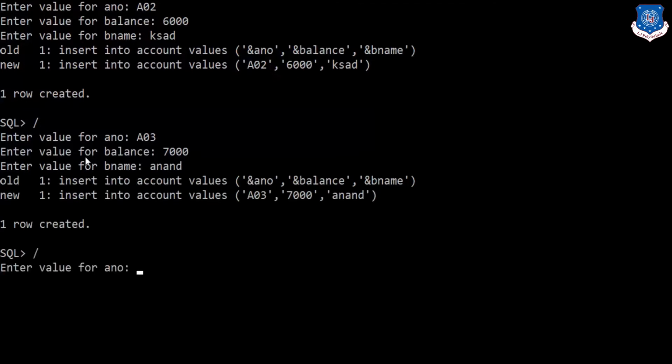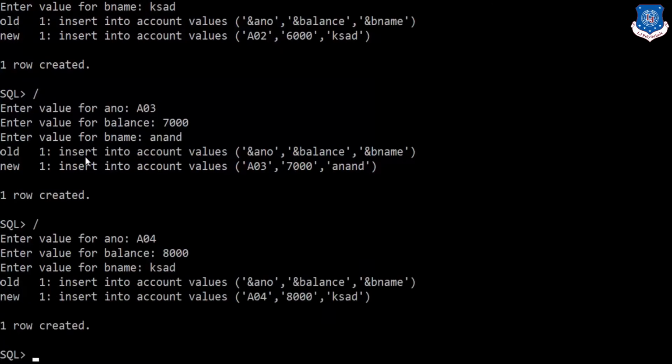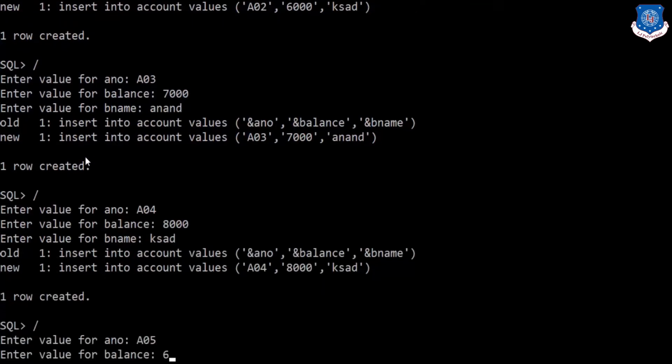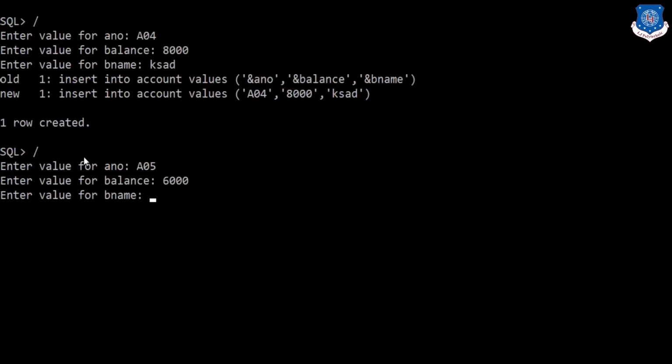Next record A04, balance is 8000, branch is Karamsad. Next record is A05, balance is 6000 and branch is VVA.